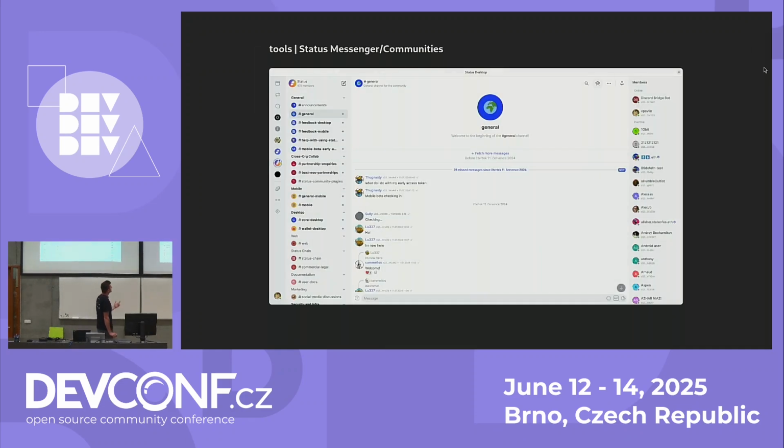And then the last one is Status. This is a screenshot from Status communities, which is beta, and we don't really market it much because it doesn't scale and it doesn't work properly yet. But it should be a decentralized peer-to-peer alternative to Discord. But what Status is, it's a crypto wallet and messenger where you can connect with people and DM and do group chats, and that works pretty well. This community stuff is the coolest thing, but works the worst out of all of the things that we do there.